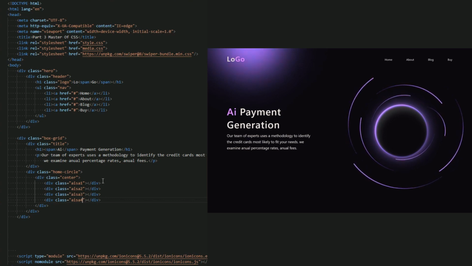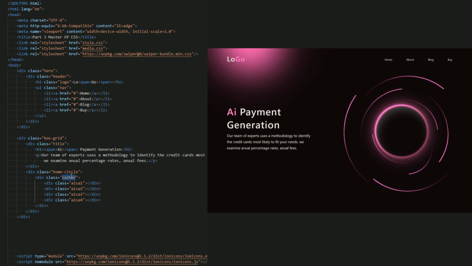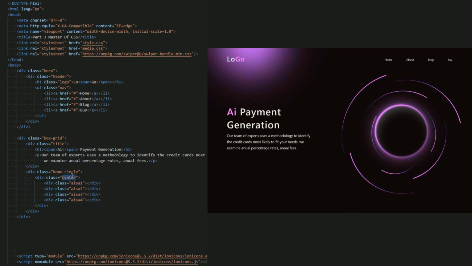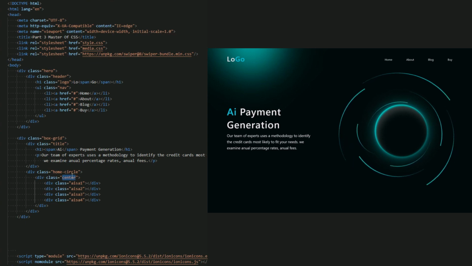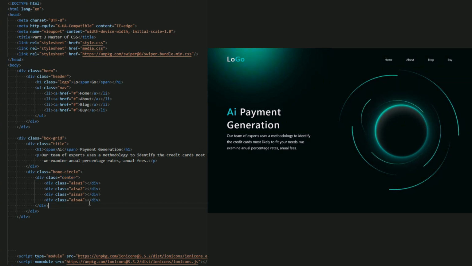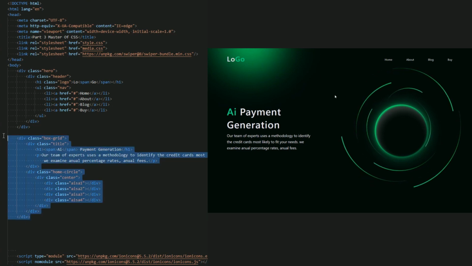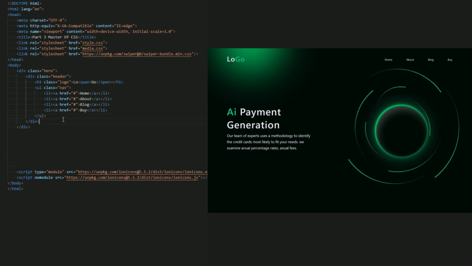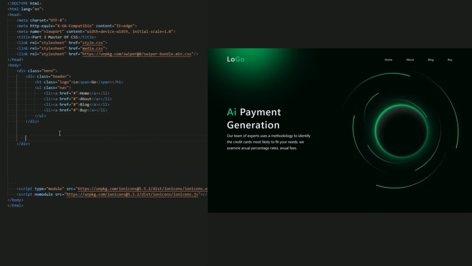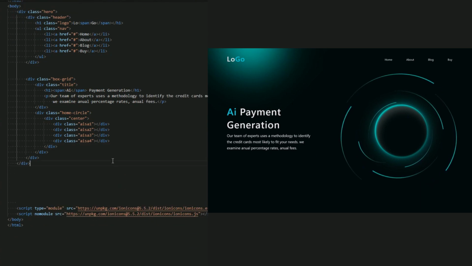So don't forget about this. This is important because this is the main box, because I want to add animation inside it to keep rotating with just this box. Okay, now we created this home page. I'm sorry, let me add it inside the hero. I'm sorry for this. Okay, this is a header and this is our title. Okay, now this is our home page. I think everything is fine.